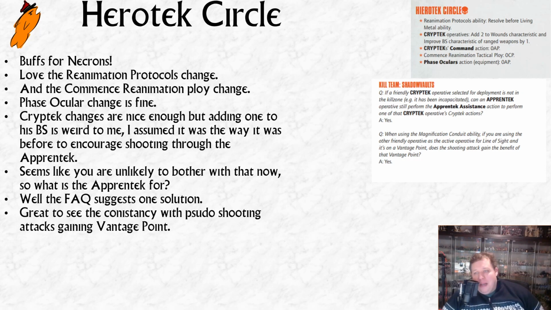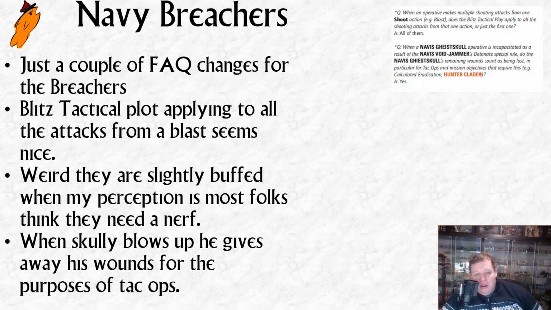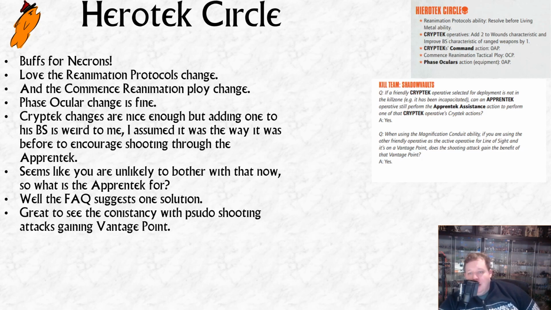Does it make the team better? Yes. Does it make more sense in the lore for the Cryptek to be powerful? Yes. Honestly, I don't want to roll back the buff. What I would like to do is to buff the Apprentech BS as well. Give the little Apprentech a BS of 3+, because he should have a brain on him. He's been an apprentice for potentially a long time, right? He should be a better shot than a Billy basic Necron warrior. Surely. Surely. Justice for Apprentech.